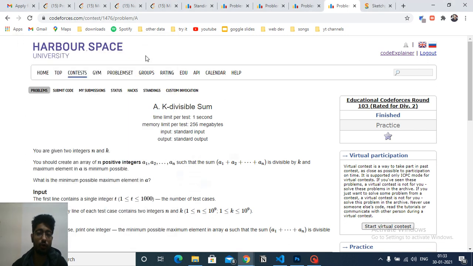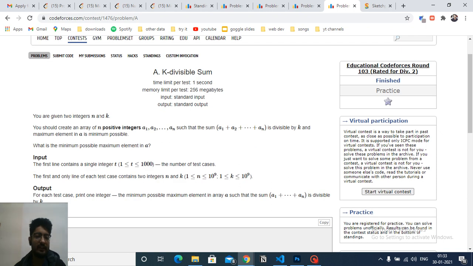Hello friends, so today we will discuss problem A from the latest Educational Codeforces Round 103, problem name K-divisible Sum. In this problem you are given that you have to create an array of n positive integers such that